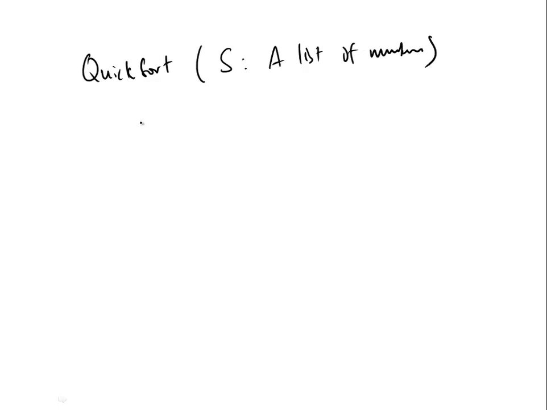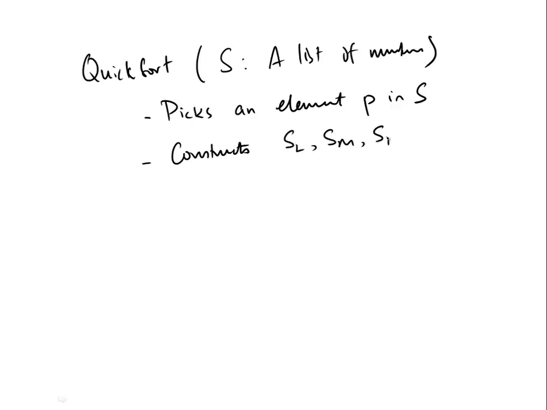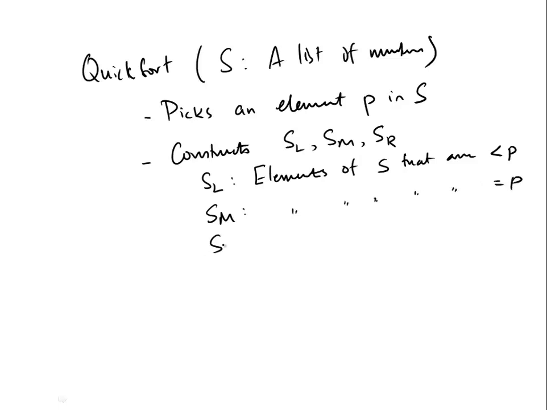And what it does is first pick an arbitrary element P in S. Then it constructs three lists, SL, SM, SR, where SL is elements of S that are strictly less than P, SM are elements of S that are equal to P,